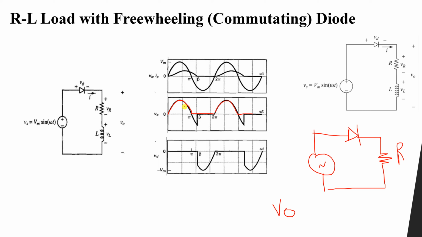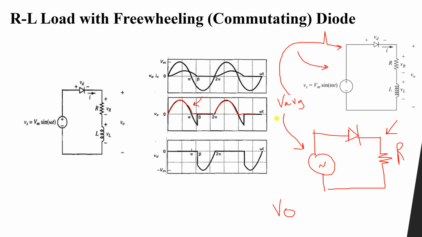Okay, now what is the difference here? The first one is a pure resistive load, and this one with the negative portion here is the RL load, right? Now if you obtain V average of the pure resistive load and V average of the RL load, V average of this wave, the red one, which is representing the R load, and the average voltage for this wave, which is representing the RL load,